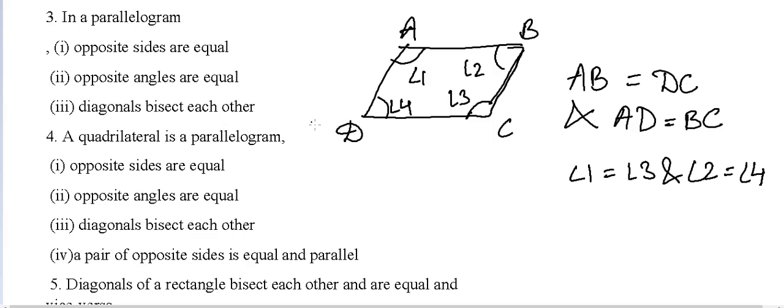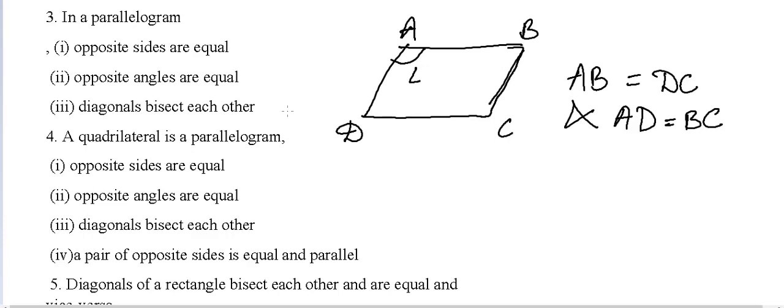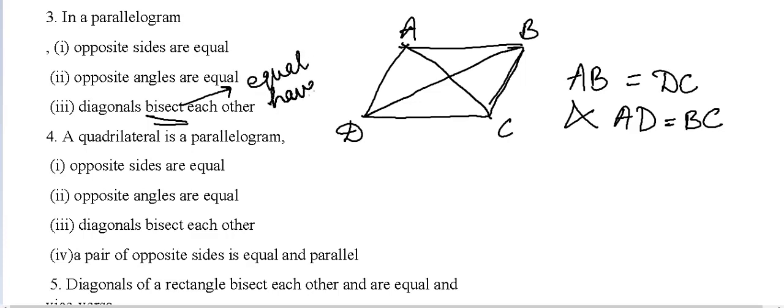Diagonals bisect each other. What does this mean? What is this bisect? If I say bisect, what does this mean? See, this is a diagonal and this is also a diagonal. If I draw two diagonals, then they will bisect each other. Bisect means equal halves. Okay, so if they bisect each other and O is the intersection point of the two diagonals,